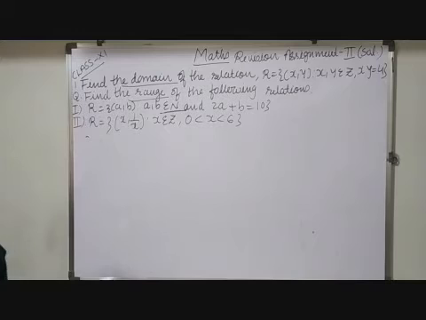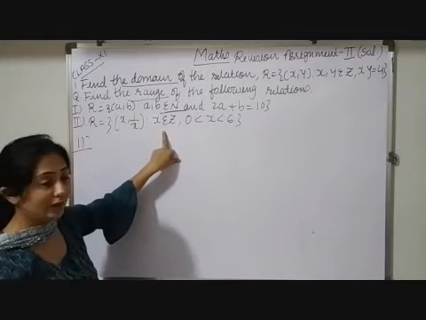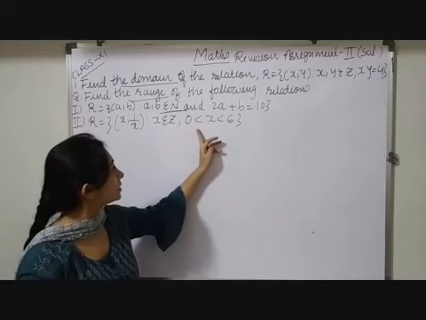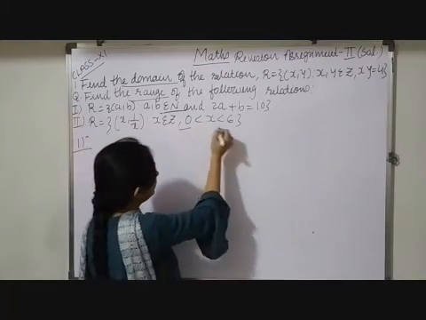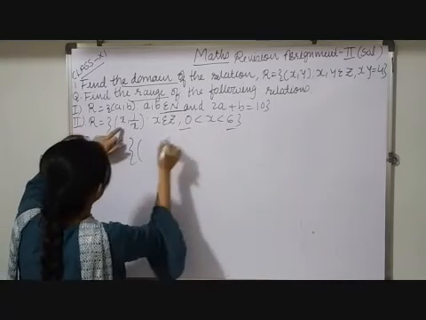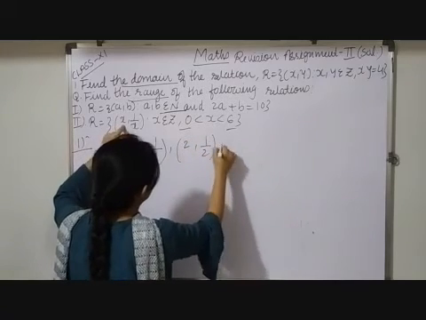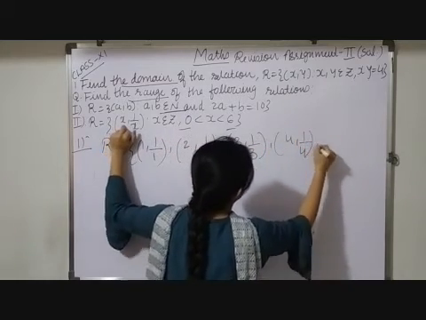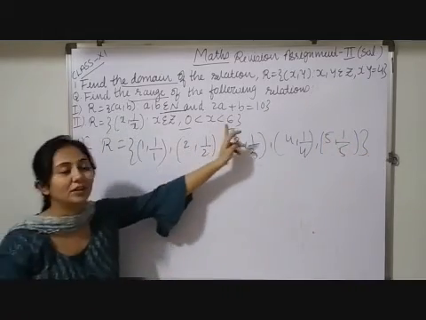Now here also we have to find the range. So see the second one. The ordered pair should be in this form, (x, 1 upon x), and the condition is numbers between 0 and 6. See, only less than is given, less than or equal to is not given, which means 0 and 6 we cannot include. So here our R will be: if x equals 1, (1, 1 upon 1). If x equals 2, (2, 1 upon 2). Let x be 3, (3, 1 upon 3). Then (4, 1 upon 4), (5, 1 upon 5). This will be the last because 6 I cannot take, since here it is given only less than.